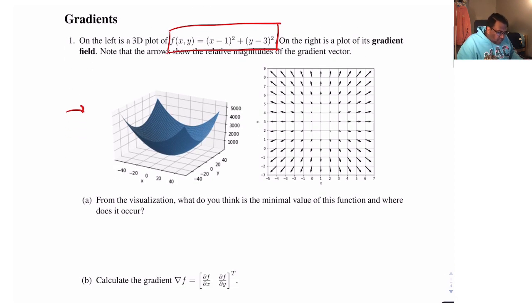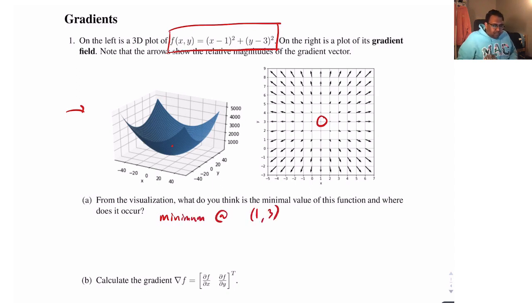Okay, so part A of this question tells us, from this visualization, what do you think is the minimum value of the function, and where does it occur? Well, you can see that this function kind of looks like a bowl. You can see in the gradient field, as we get further and further away from the center of this plot, which is at x is 1, y is 3, the gradient vectors get longer and longer, which means our function, roughly speaking, is increasing more and more quickly as we get further away from (1, 3). So our guess, just based off of that, should be that the minimum is at